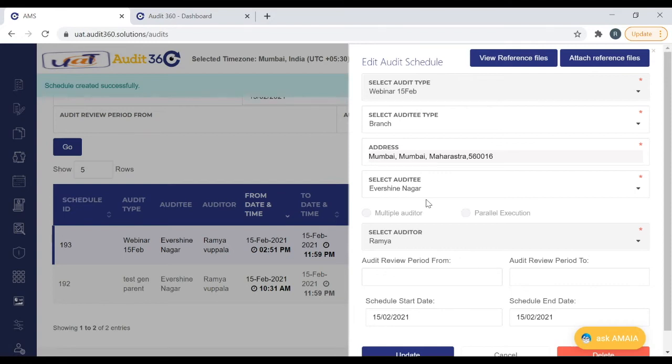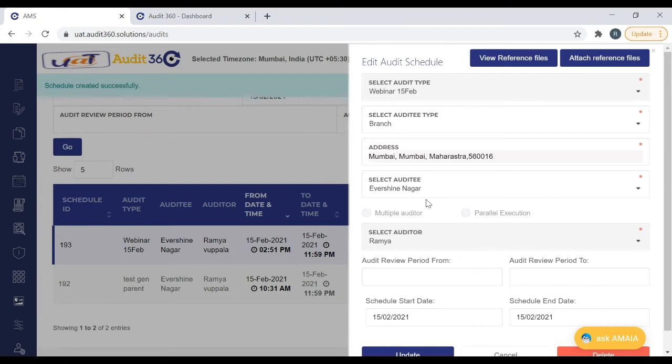When you are executing an audit, especially a remote audit where you would not be there in person to verify all the details and documents on their premises, you can request, or get those reference details attached by the auditee. We can even share the reference details to the auditor as a reference file.